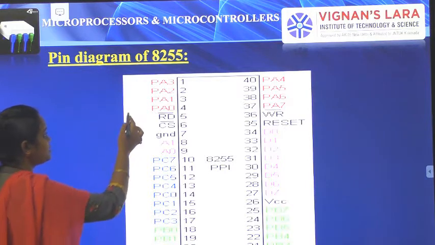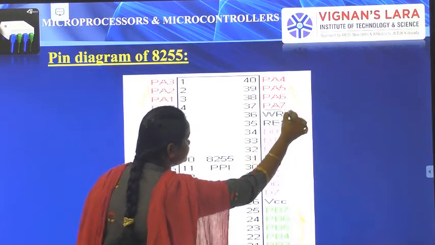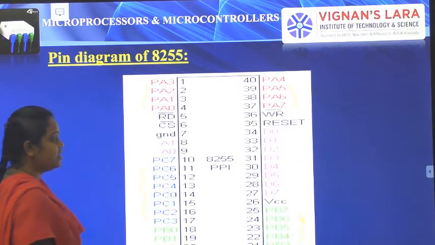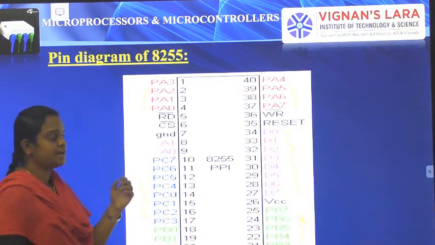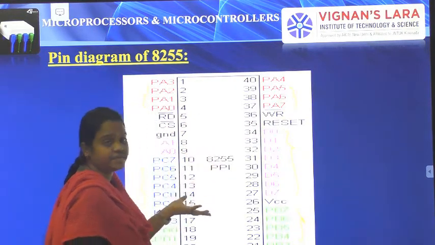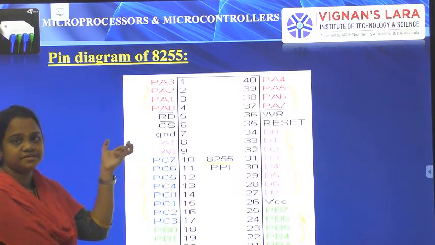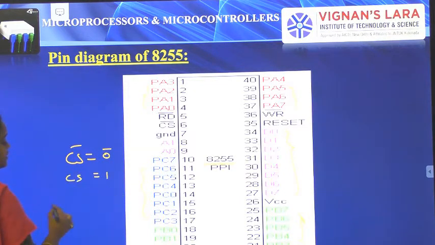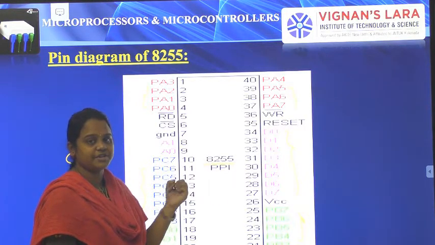Each port is used to carry information from an input output device to the 8086 microprocessor and from the 8086 to the input output devices. The data pins D0 to D7 carry the data information, and the address is carried by pins 8 and 9. These are the read and write pins, and the reset is for resetting the registers present in the 8255 controller. Whenever CS bar is 0, that means CS is 1, the chip is selected. That means whenever the chip is selected, the 8255 is in operation.